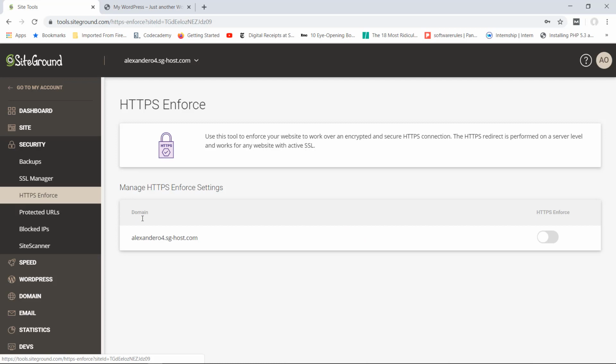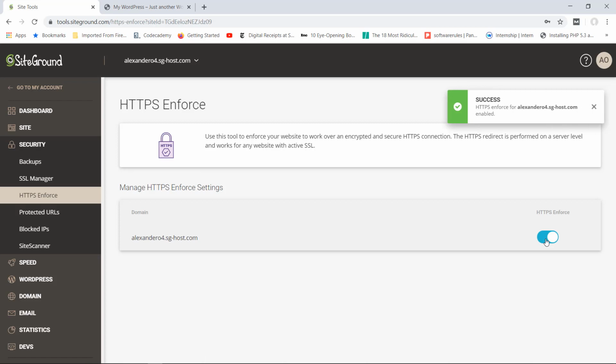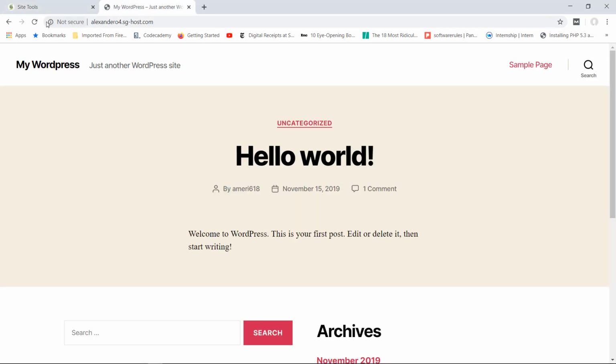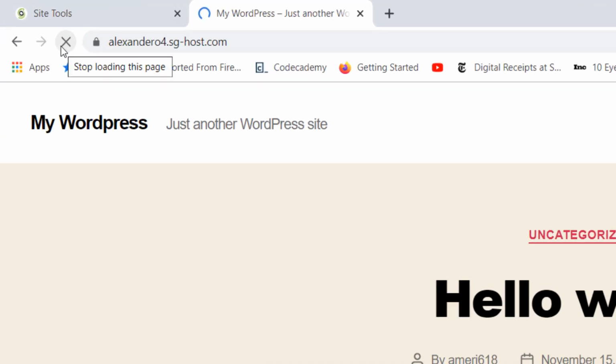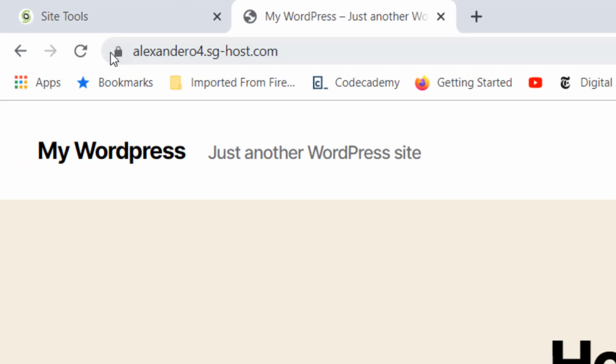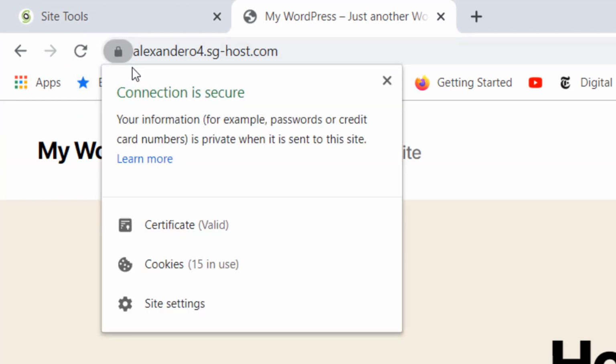Basically, this will force your website to go through HTTPS. So in here right now, you can see I've got the domain. All I'm going to do right now is simply turn this on, and there you go. Now let's go back in here. Let us refresh. And now you can see that we have a new sign with the padlock saying, yes, connection